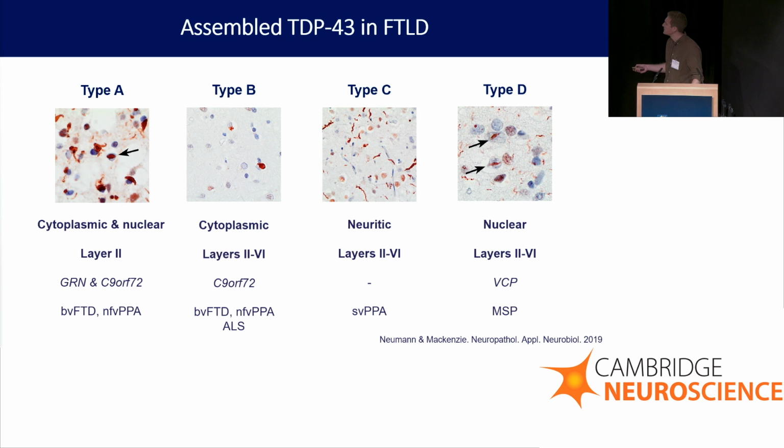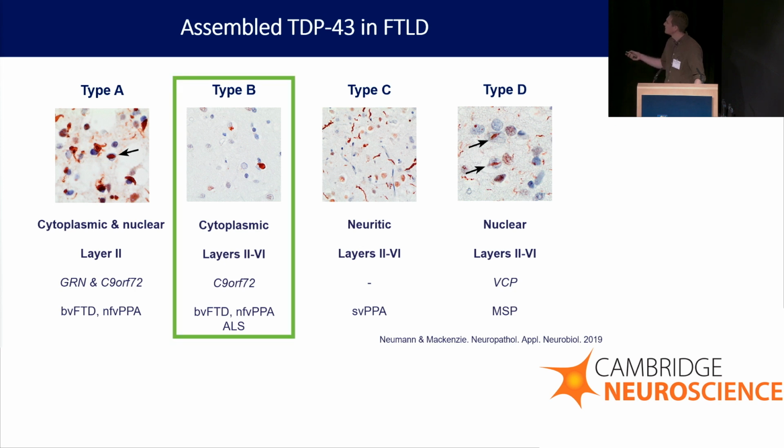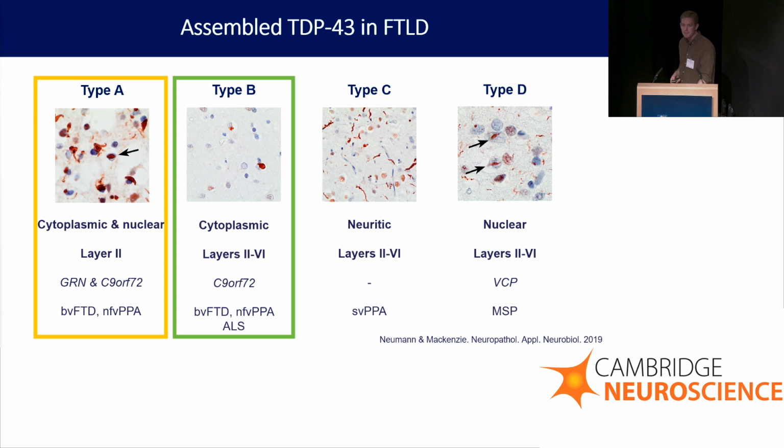So these were the cases I showed you earlier that we focused on. And in type D, we have the multisystem proteinopathy that can present as a myopathy or a motor neuron disease. So yes, we focused on this type B, and we now went on and we're interested to look at type A. And the hypothesis was that perhaps different structures of TDP43 could account for the differences in neuropathology and then